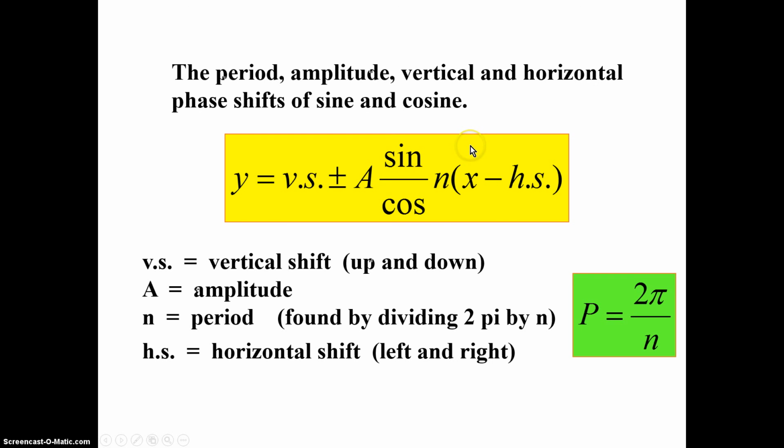So with that said, for those of you that are done copying this slide down, go ahead and pull out your homework number 3. I'm going to do 3 problems with you. And then from there, that should